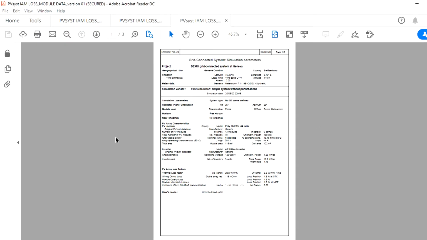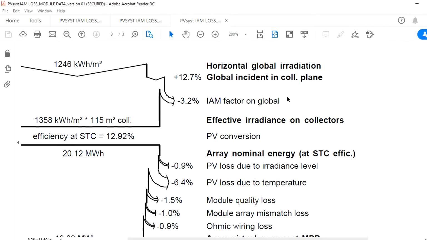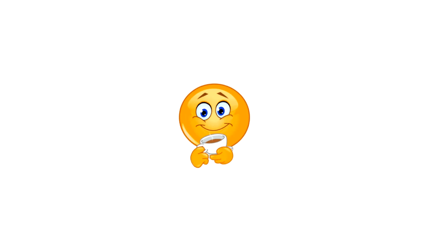Now scroll to the IAM losses part in the loss diagram. The value is 3.2%, same as our first step. So it's confirmed that this module doesn't have the anti-reflective coating. So for any given module, now you can check whether the supplier is providing anti-reflective coating in their product or not. It's very easy, right?